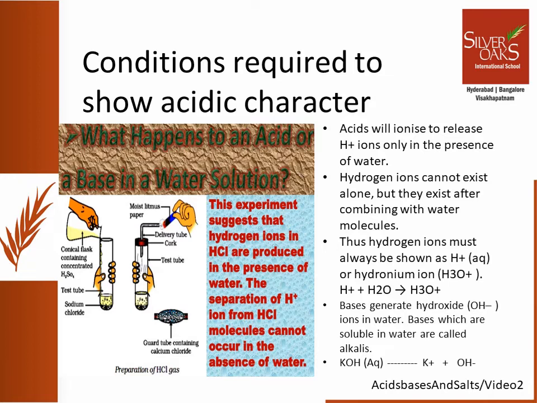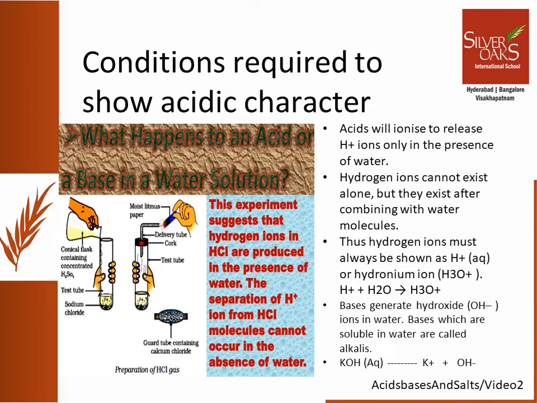When this HCl gas is allowed to pass on litmus paper, first in the dry state, the color does not change. But then we put a drop of water on the litmus paper and we observe that this HCl gas changes the color of the blue litmus paper red. So the difference is whether the litmus paper is dry or moist. What does moisture do to the HCl gas or HCl molecules?